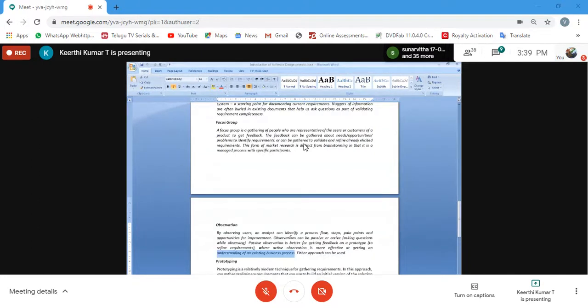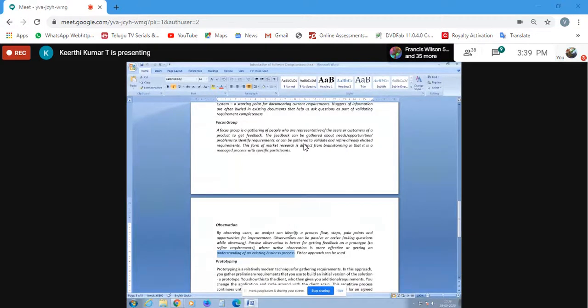Like if you're unable to design a requirement illustration technique pattern, like focus groups, prototyping, interviewing, as well as questionnaires or surveying for that matter, then observation is going to play a critical role for you, because it is all based on your assumptions and your conclusions, right? So a business analyst is always asked to be a good observer, because he has to make the final conclusions based on how the end user is, what he's looking for, what kind of financial gains he wants, what kind of new features he wants to add to his product. That is what observation is about.